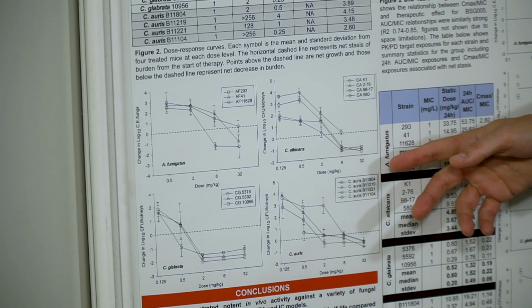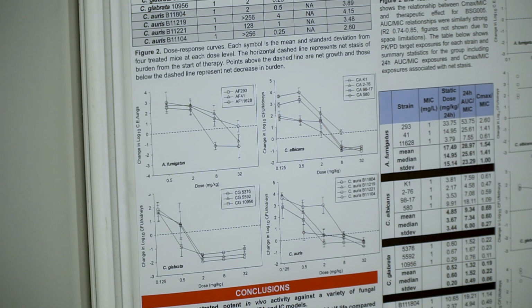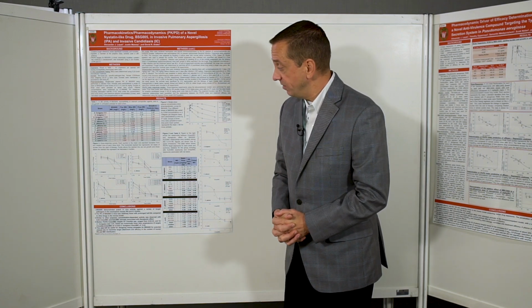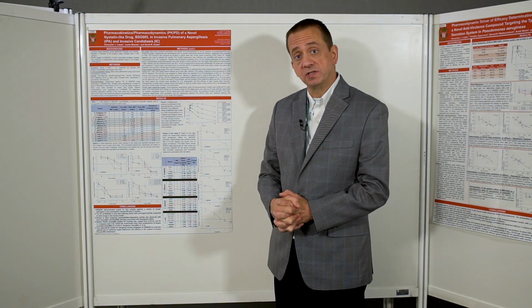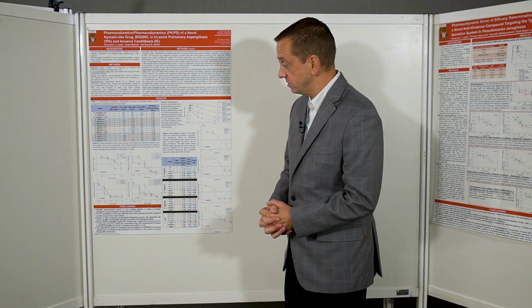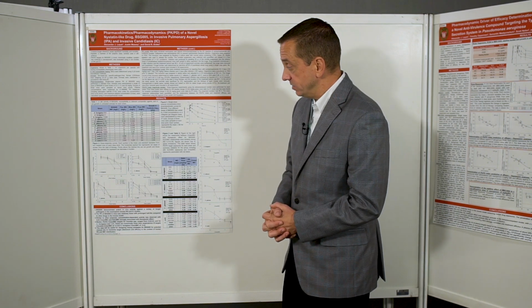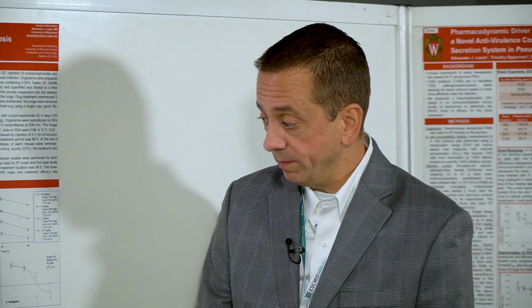Underneath the table, we have the dose-response curves. These are standard dose-response curves that you're pretty used to seeing, I'm sure, where the dose is along the x-axis and the change from the start of therapy is on the y-axis. So points above the dashed lines are net growth, and points below the dashed line are net cidal activity. And you will note for each of the 4 organism groups, we had quite a bit of activity as concentration